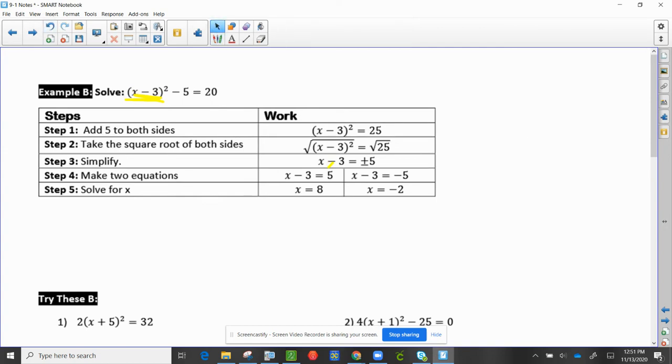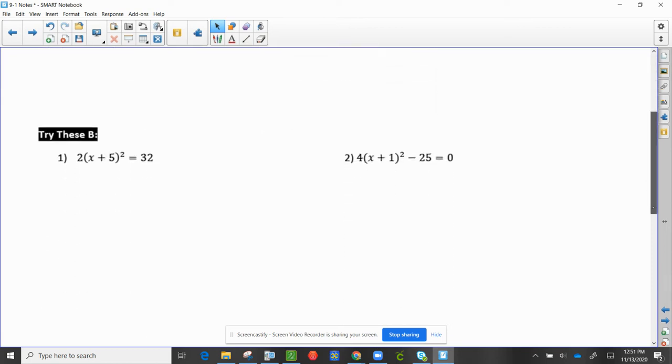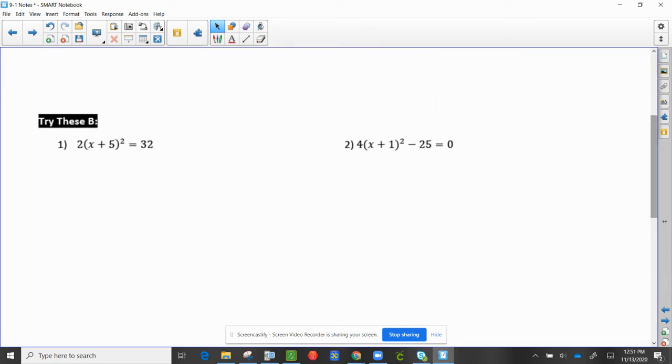So we have x minus 3 is equal to positive 5, and x minus 3 is equal to negative 5, and we solve for x. So these types of problems, it's not just going to be plus or minus a number. We actually have two equations to solve. So let's try a couple. So my first thing that I have to do is get the x squared thing by itself. Right now it's got a 2 in front, so I'm going to get rid of that by dividing it out. Like this. Okay. So here I have x plus 5